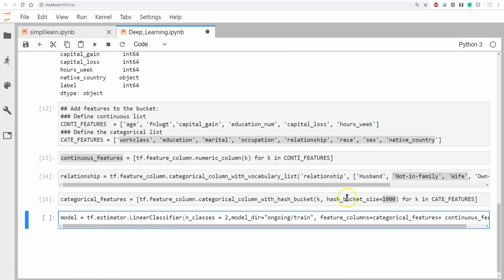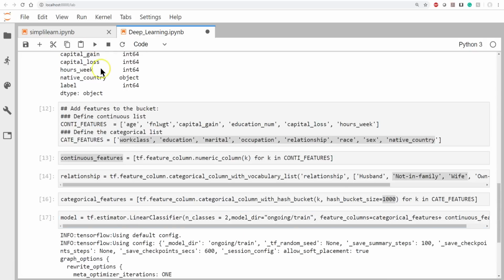And so this is where it starts to come together. As far as the pre-setup, we have our TF, we have an estimator. We're going to do a linear classifier on the estimator, with n_classes equals 2, so we know there's only 2 classes we're looking at. We have our train feature columns, and then we have categorical features plus continuous features. So this basically creates our model, what data is going in.